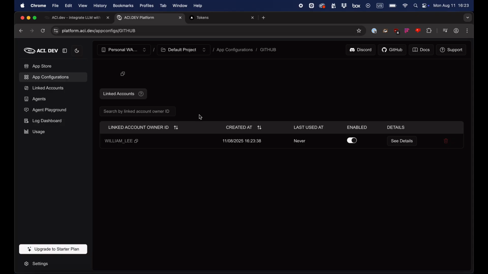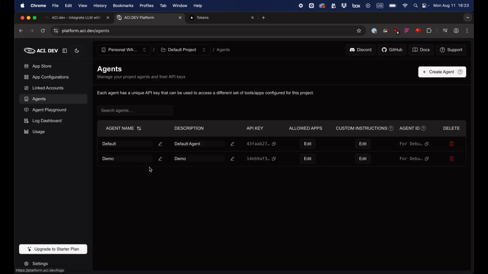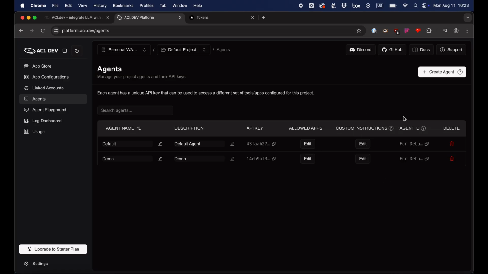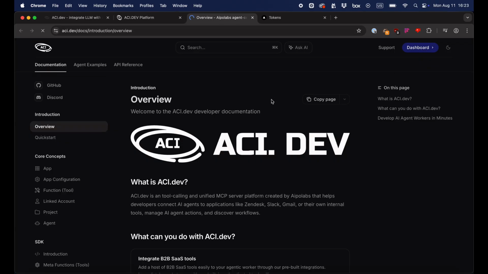Cool. So that should be working now. Now if we go to agents, we can see that we now have a long list of apps set up. So how do we actually use this? Right. Well, to use it in my agentic IDE, let's go to our documentation and look for the section on